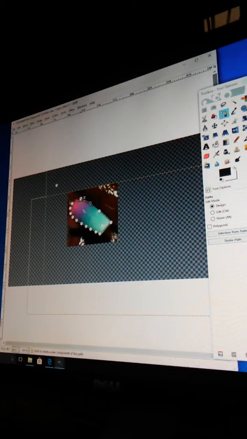we are going to basically put another dot on the outside of the picture and go around, so that it will only cut out what's on the outside of the picture, if you could get what I'm saying. Okay, so once you have connected the first dot to the last dot, you're going to simply hit enter. Once you hit enter, you'll